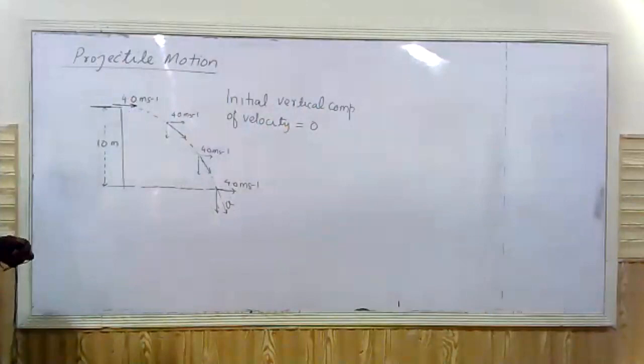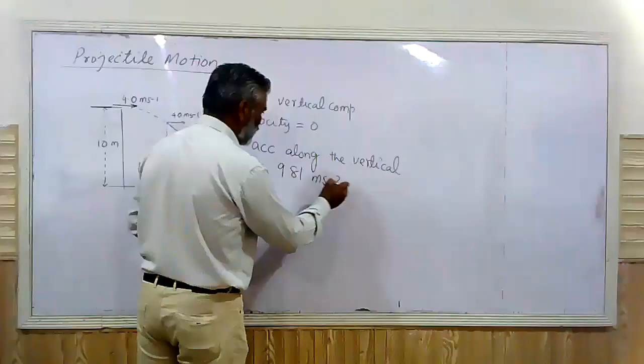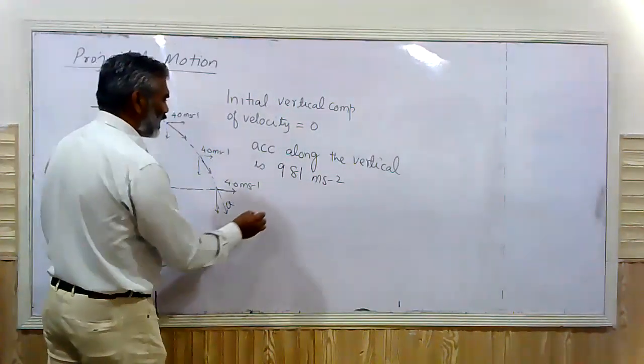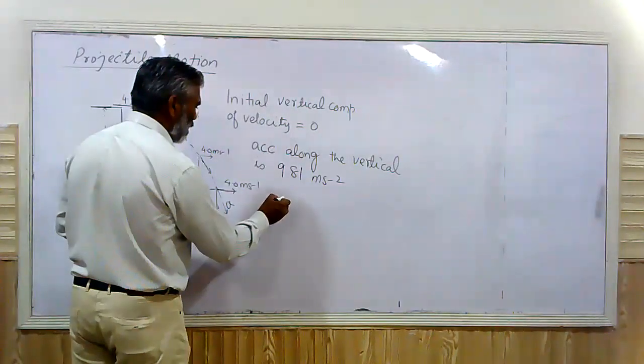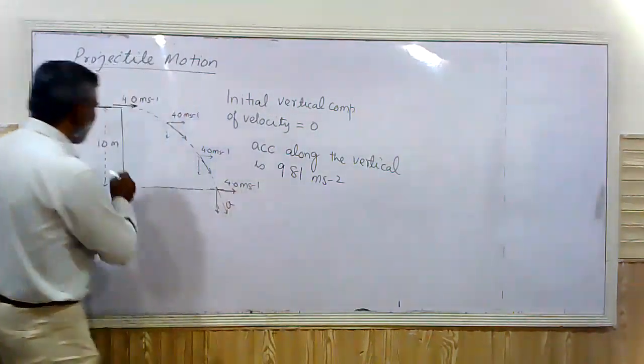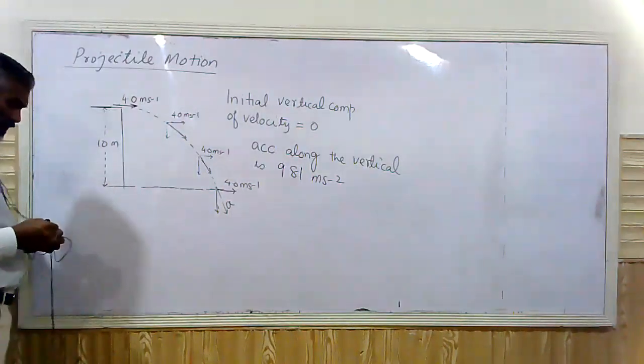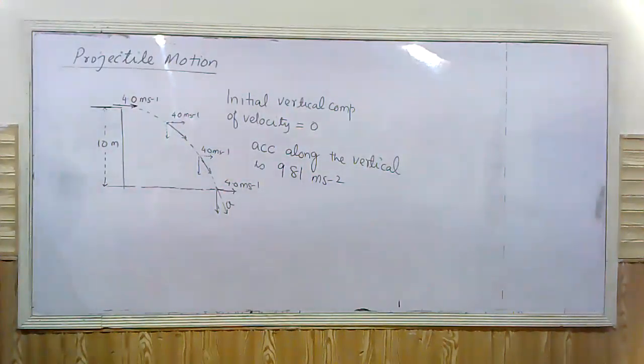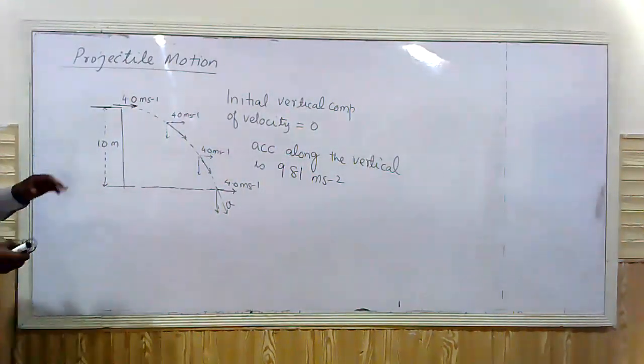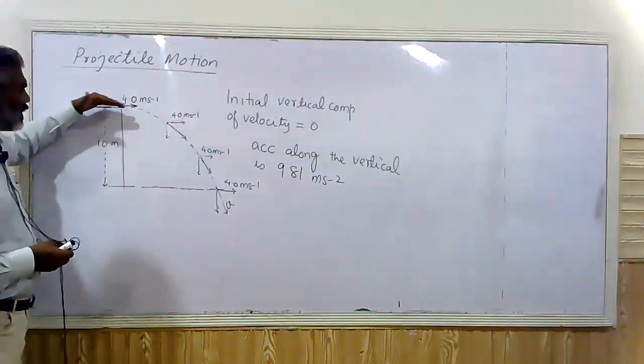And since the acceleration is 9.81 meter per second square, the vertical height is 10 meter. So this gives us a clue, and the clue is, if I consider this motion